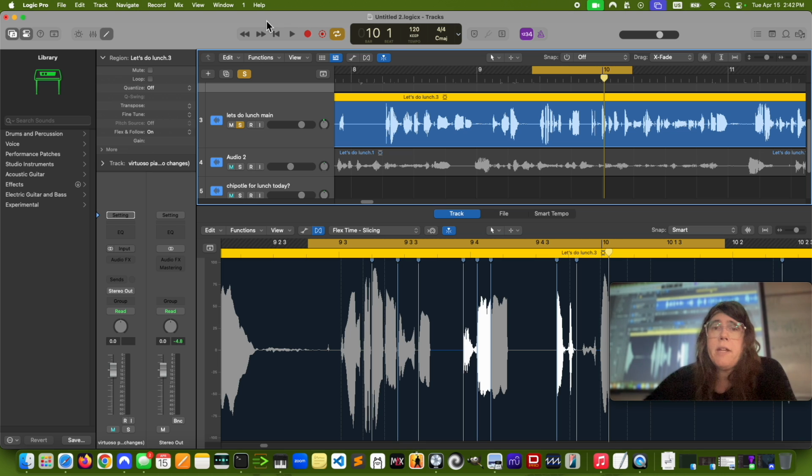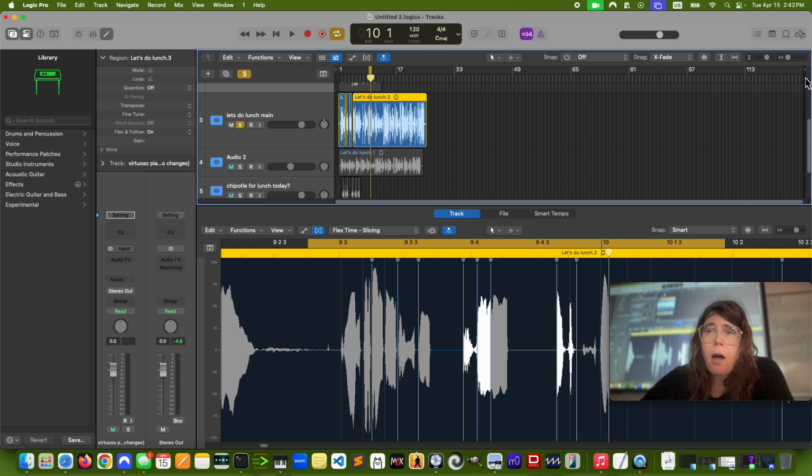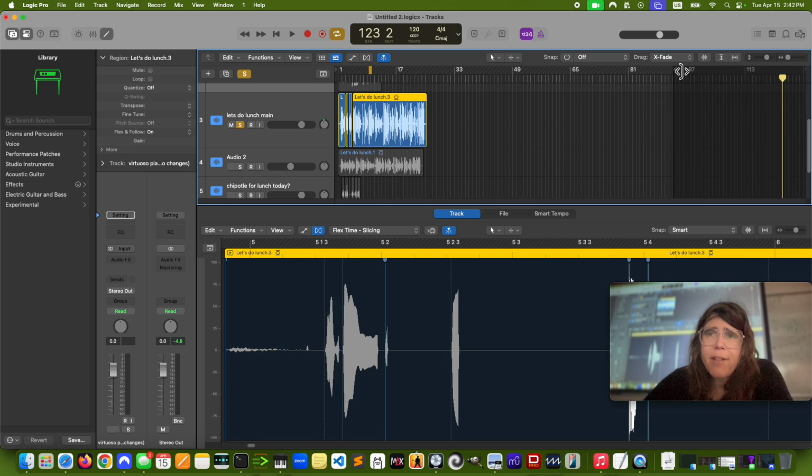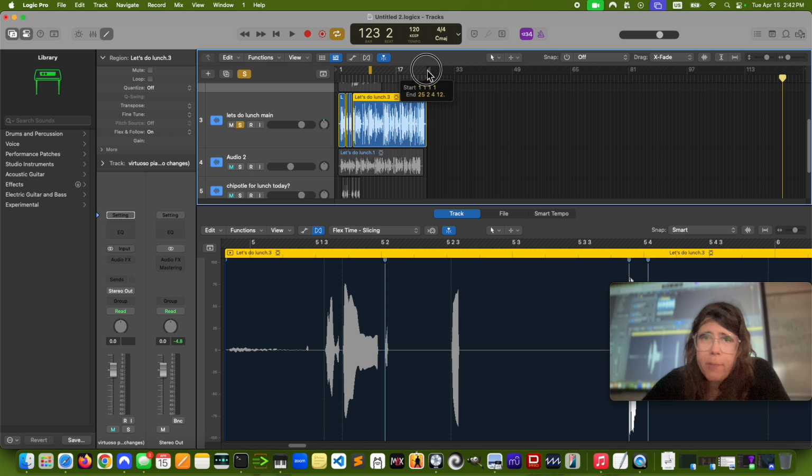So what I wanna say is, when you're done with your assignment, I like to do this as a common practice. If I zoom all the way out on the transport, I can see that I have the end here. This is a thing that Logic does specifically that's different from things like Pro Tools.